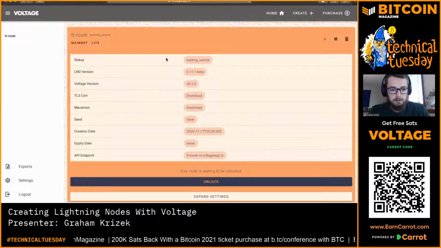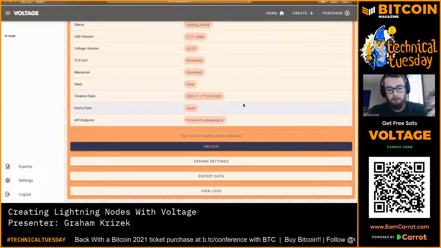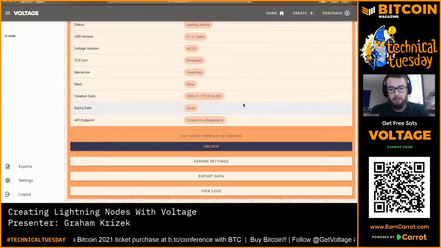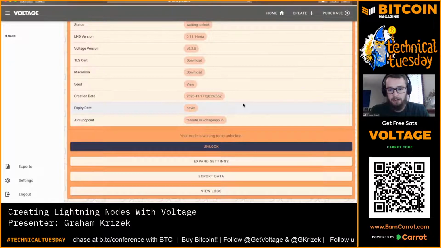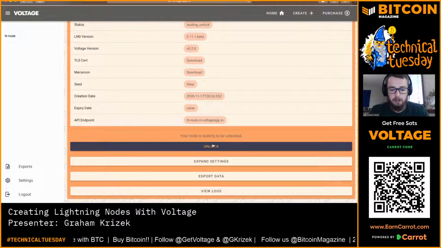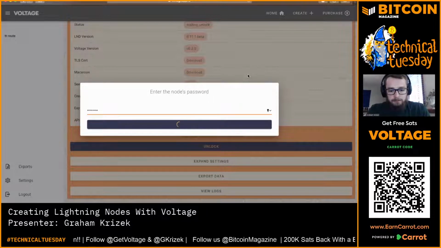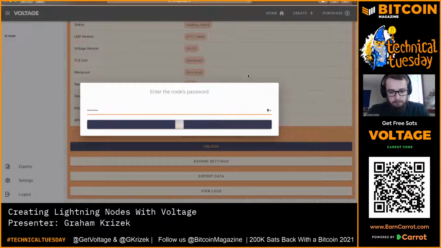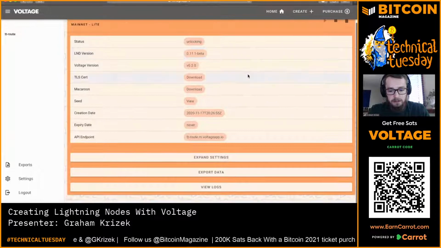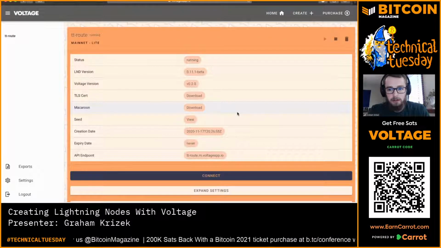See, it's restarting. And see, now you can see it's waiting unlocked because we don't have access to the macaroons or anything, we cannot unlock them for you. So this is why when this happens, you get an email saying, hey, your node's waiting to be unlocked. And then if you had that webhook enabled, it would call your webhook to go unlock it automatically. You can see it is unlocking, and then I'll demo the